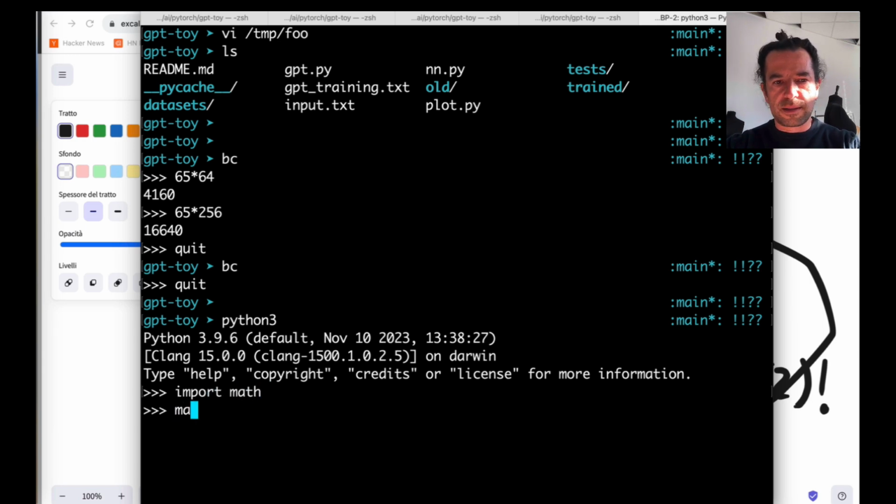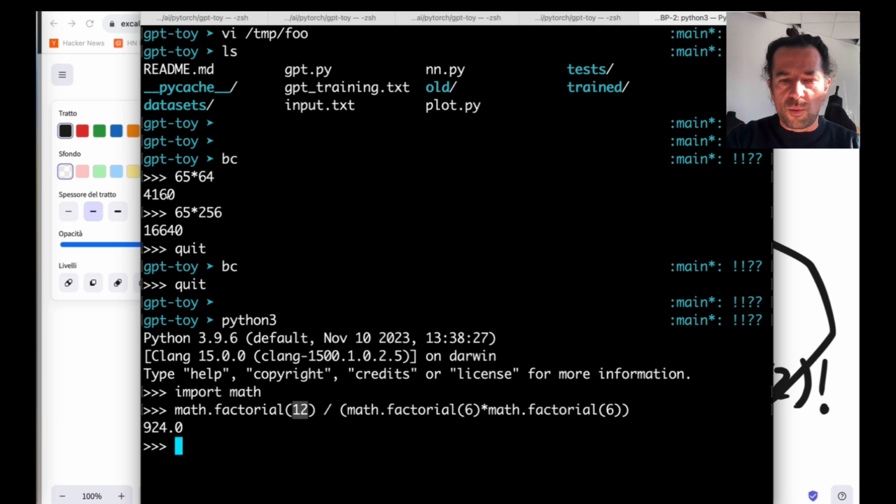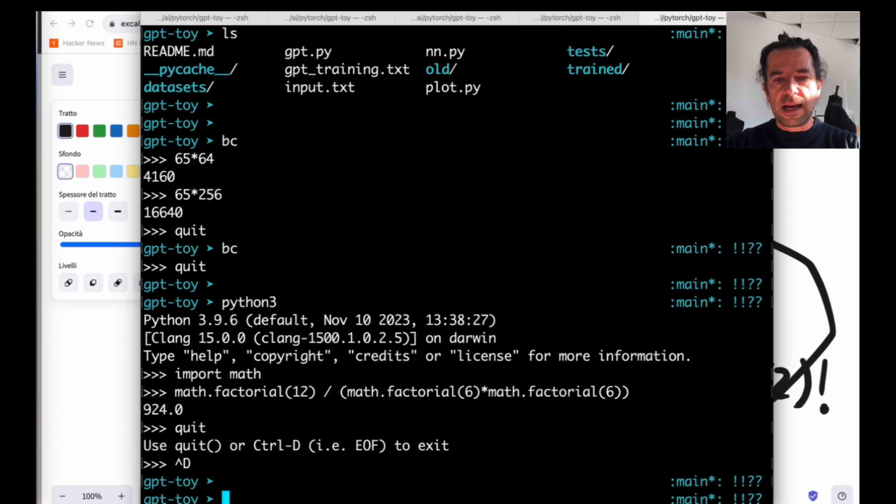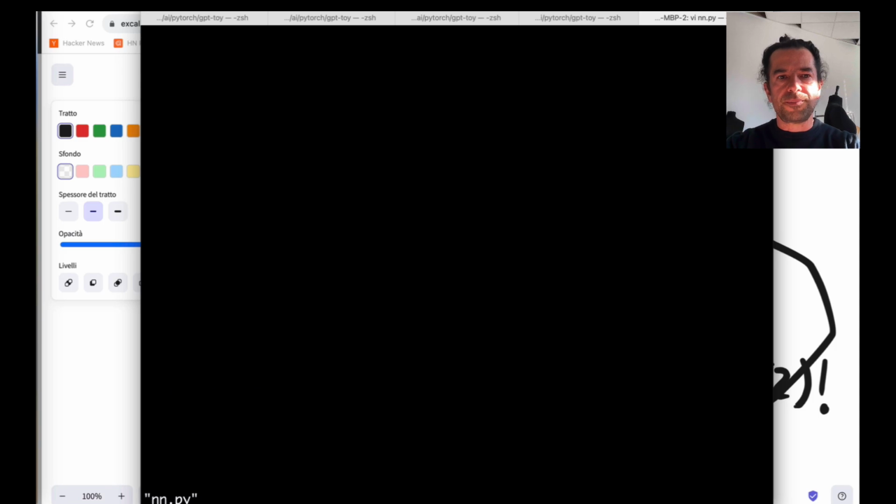Let's do the math. If I use just 12 inputs for each character, for a word or whatever I have, I would need 924 inputs with one-hot encoding. That would be terrible. So let's see how this works in our code.